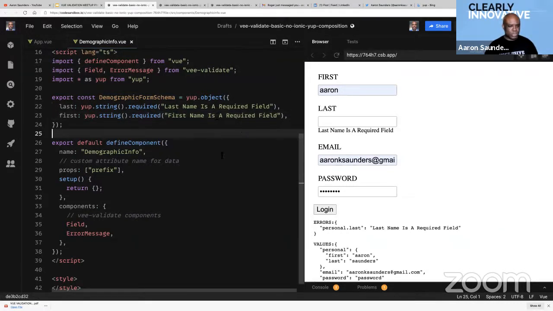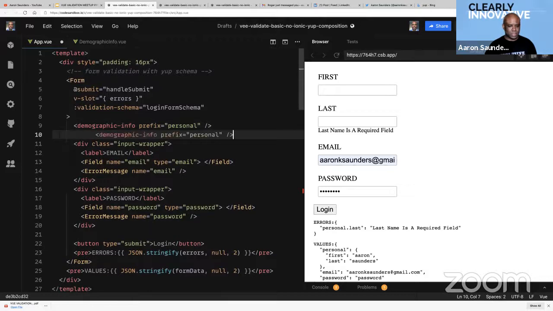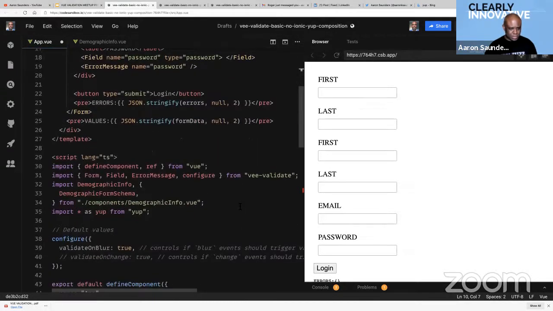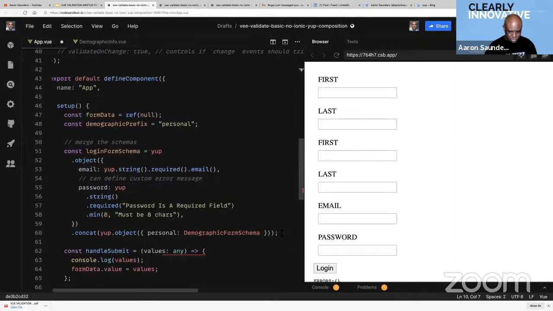But if I wanted to, now this is live coding, so bear with me if this doesn't work properly. I want to say personal, and let's say spouse. Let's try it like that. So I've now created another element on my page. And it should be as simple as coming down here. Let's cross my fingers if this works. And concat